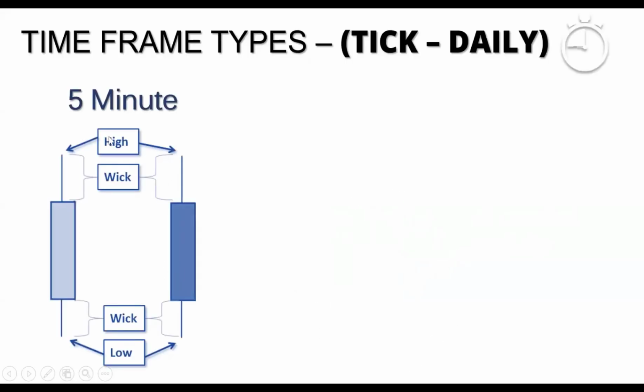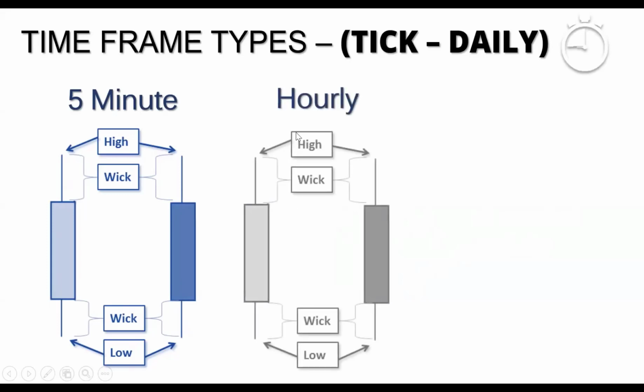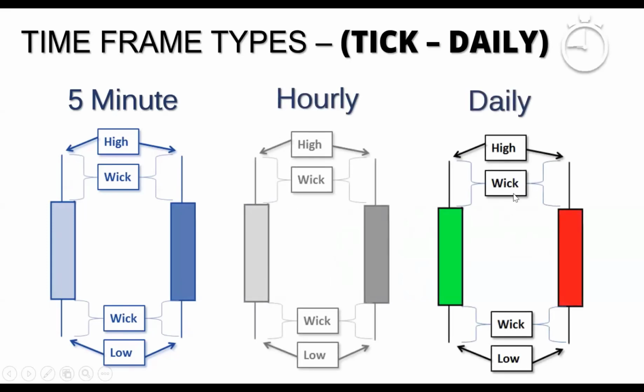A 5-minute candlestick chart looks almost identical to an hourly candlestick chart and identical to a daily candlestick chart. The main difference with a 5-minute chart is that the range between the low and the high will be a lot smaller, because after 5 minutes, a new candle forms. There are many 5-minute candles inside a daily candle, which means the range of many of these 5-minute candles within a day makes up one candle. So the range is vastly different when it comes to time frames.